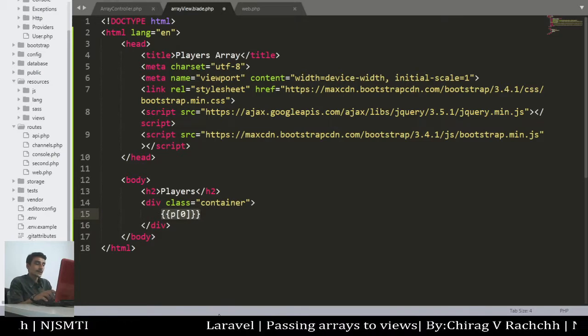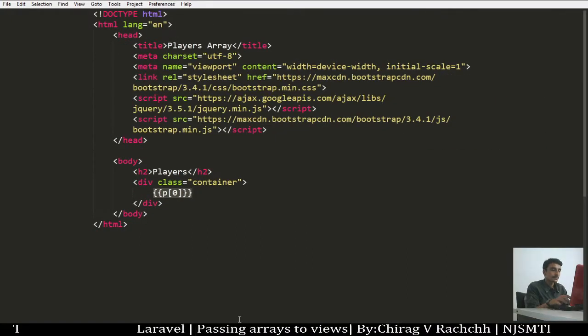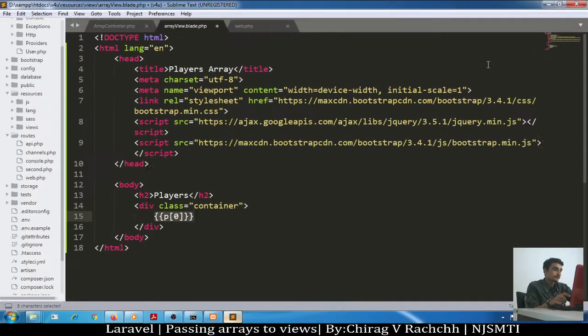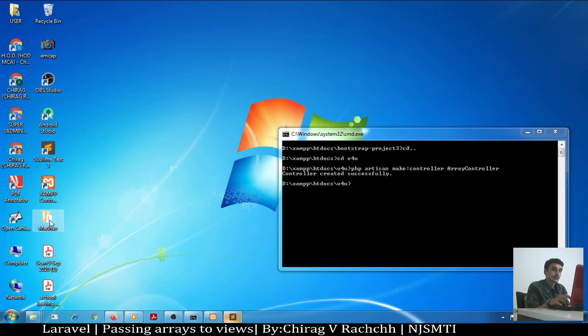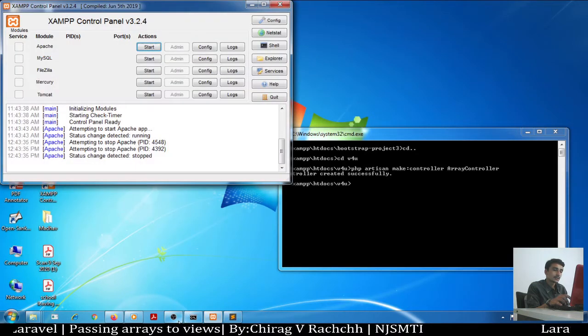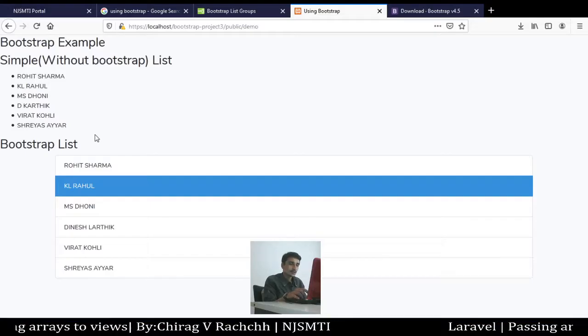So let me, friends, start the server, that is local server. Start, and now let's go to the browser.